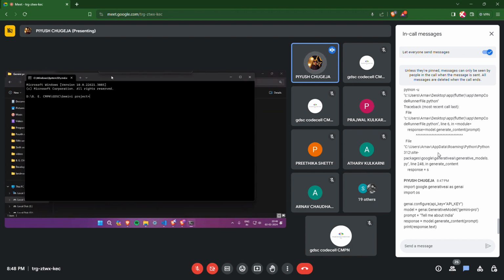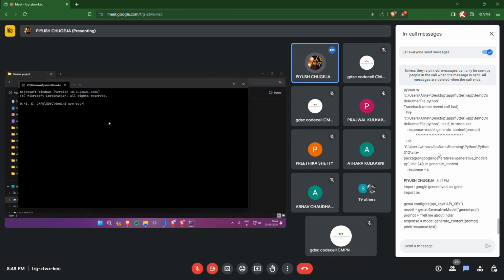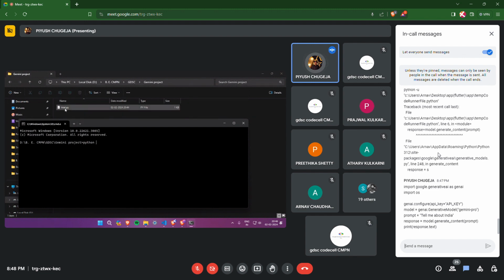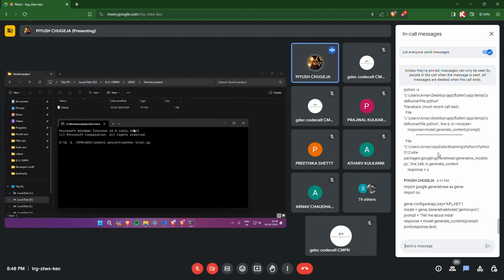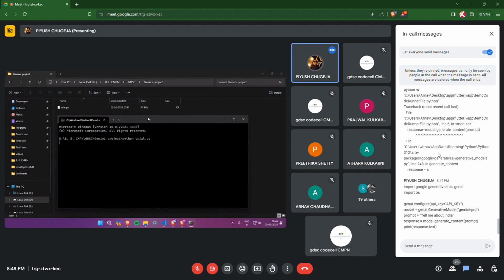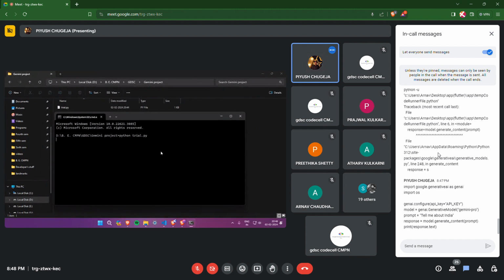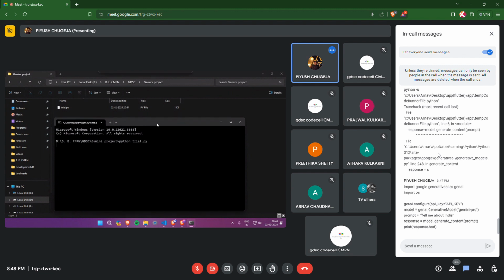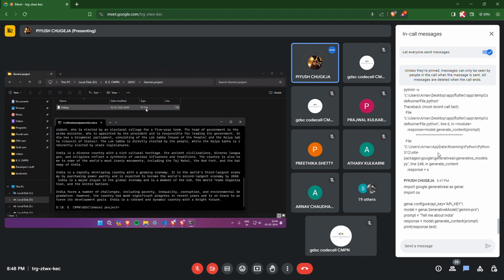Once you open your command prompt right here, what you have to do is type in Python and the name of your file. The name of the file currently is trial.py, right? So I'll just type Python trial.py and hit enter. And the code is now running. It will get the response from the model and paste it inside this terminal. While you're using Notepad, ensure that you save the file as .py. Do make sure that here the type is not written as txt file, it is written as py file. Alright.